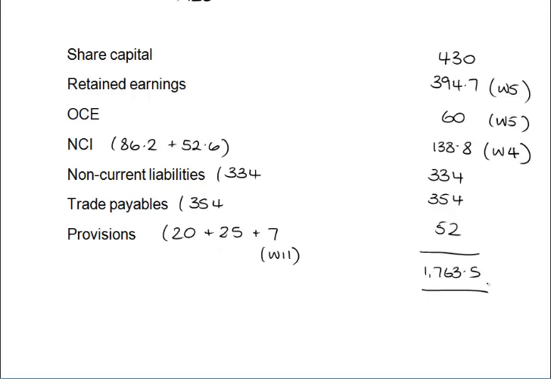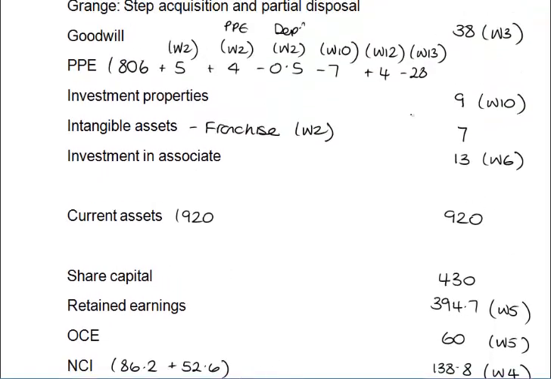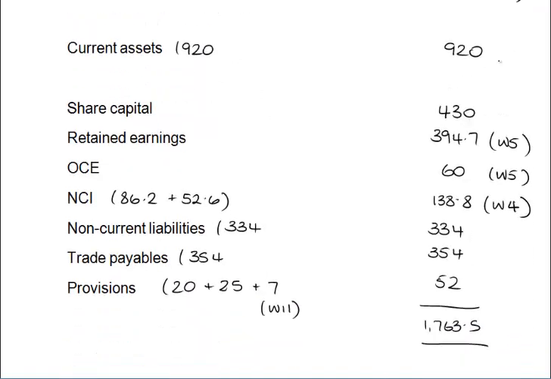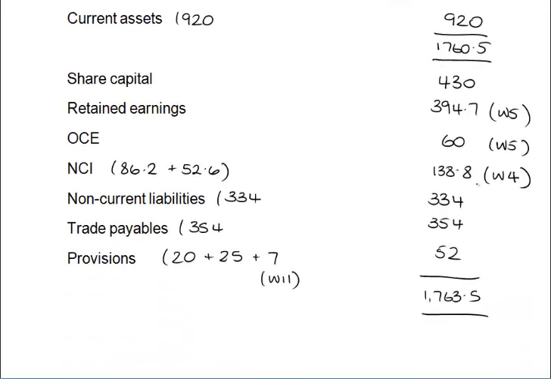A, there's no marks given for totals. B, it's not going to add up, as I'm about to prove. I'm out by 3. I've added it up wrong somewhere. But that's